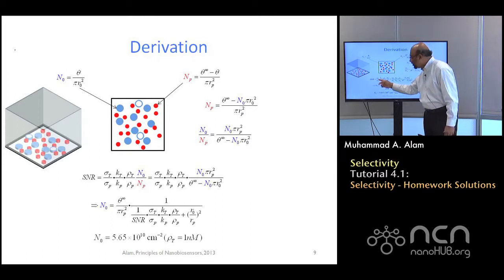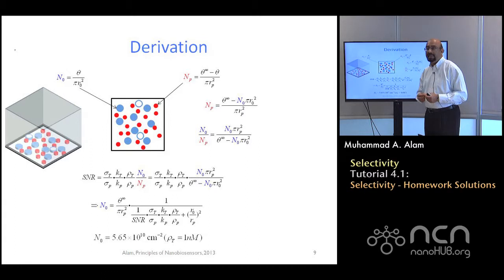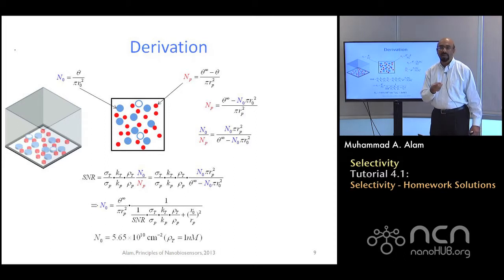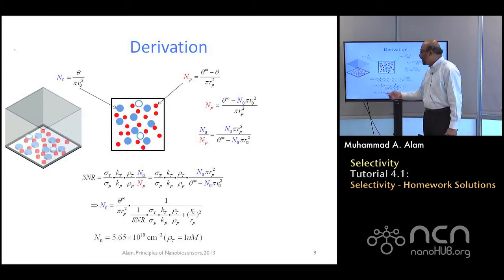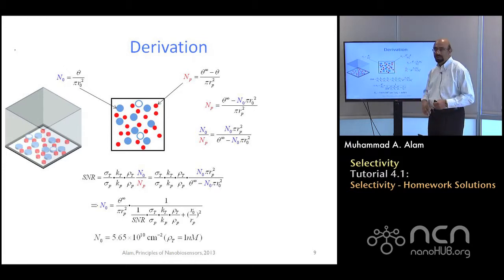And the signal to noise ratio, of course, this is the charge of each target molecule. Let's say each DNA carries 10 charge. So sigma t would be 10, for example. And sigma p is the charge carried by the parasitic molecule. Often it may carry a small amount of charge. Let's say 1. So sigma p would be 1. Kt is the rate at which things bind, and Kp is the rate at which the red molecules bind. They come and sit on the sensor surface.